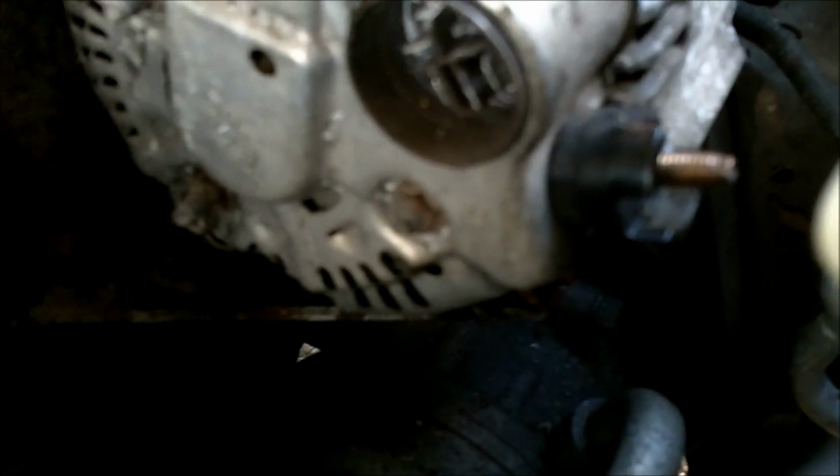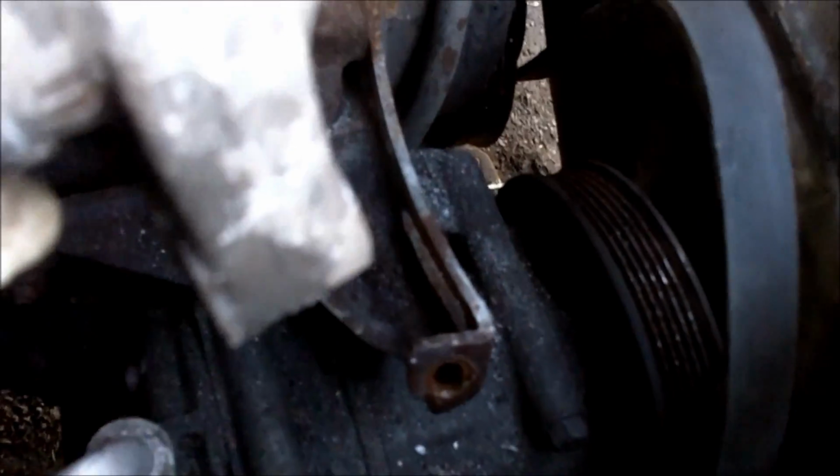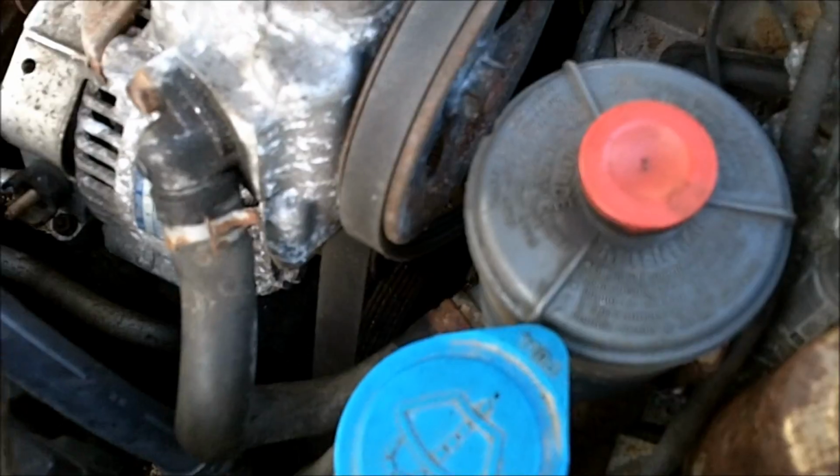And to get the alternator off, to loosen it, there's a bolt down there. It's kind of hard to see what's there. Make sure you loosen the upper bolt on the alternator before you try to loosen that lower one. I had to take this one out anyway because it's seized. And once you get that belt off,